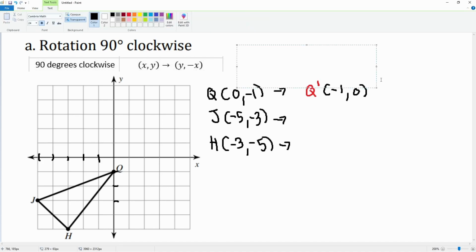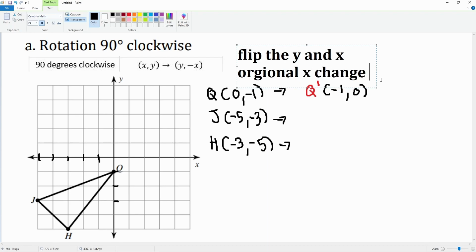You flip the X and Y, and then the original X changes sign. Okay, that is what we are doing. All right, let's take a look here. The next one,